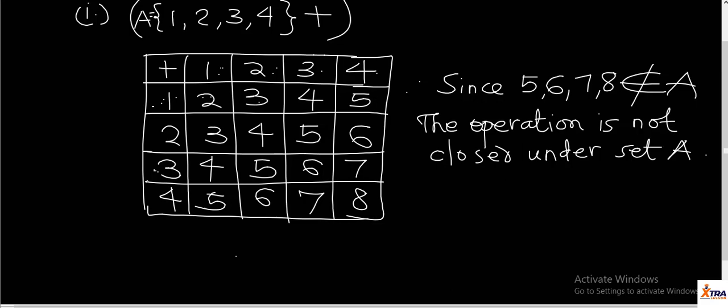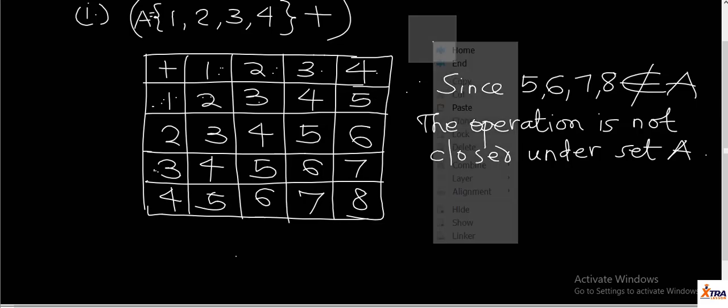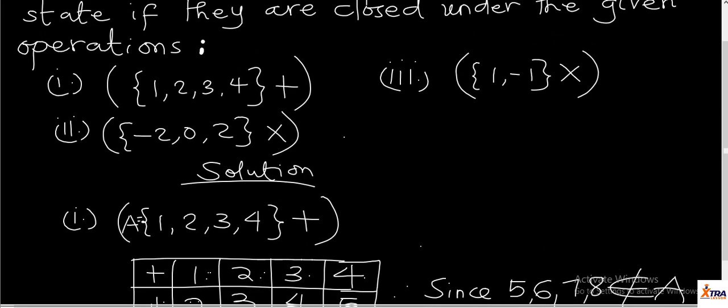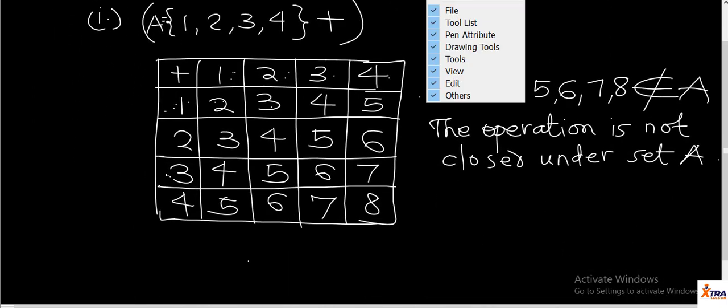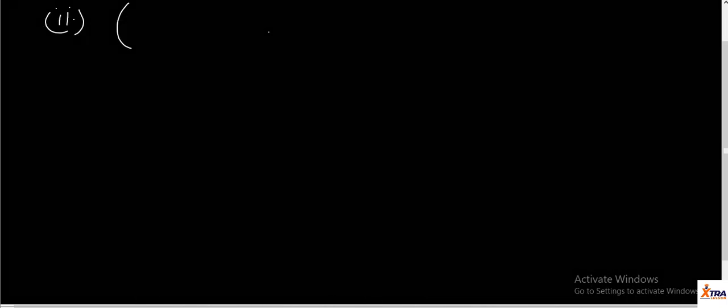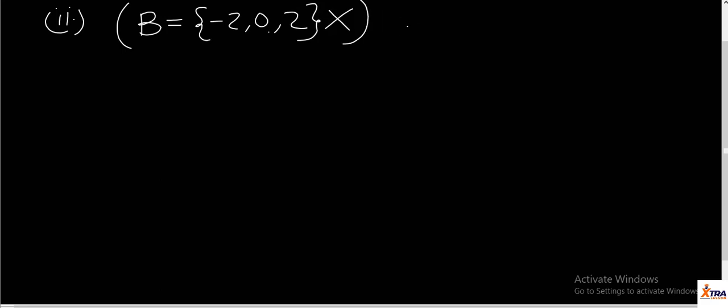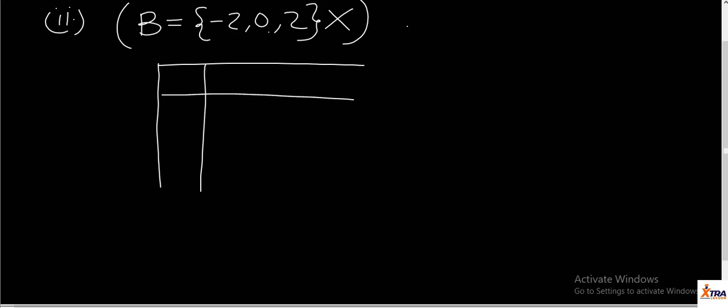We'll be looking at the second example. The second example here, we have -2, 0, and 2 as the elements of the set with the multiplication operation. Okay, let's name this set B, containing -2, 0, 2, with the multiplication operation. The very first thing we need to do is to create our table, knowing that we have just 3 elements. We have minus 2